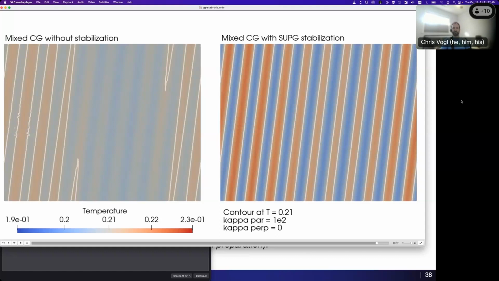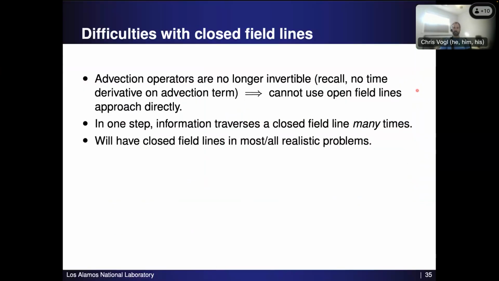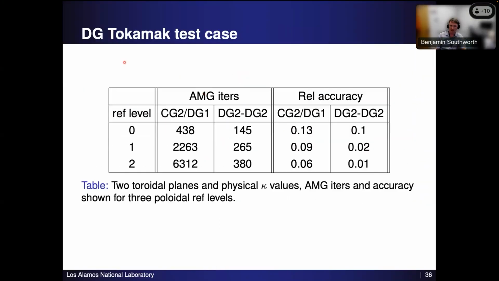Right, that's an interesting point. So the final test here, which I do not have a picture of, is a pretty realistic tokamak with an X point and everything. Right, this would have that. And that's also why the accuracy is a little more erratic, in the sense that we go down by a factor of 5 and then we go down by a half, even though we should be getting something like third order convergence here. I don't know why that is. It's hard to say. There's a lot of stuff going on in that problem.